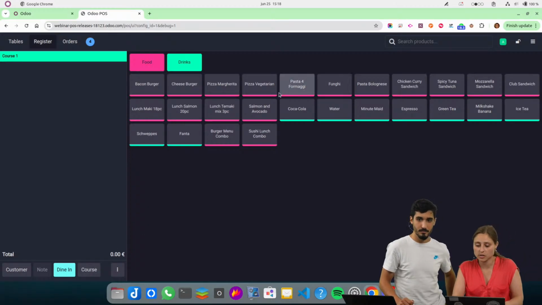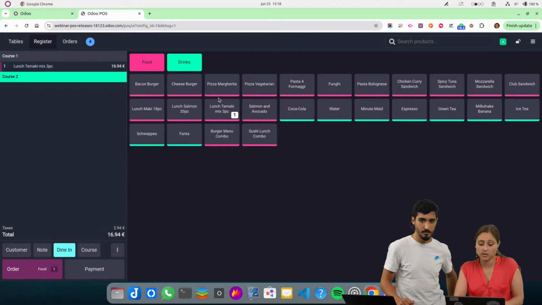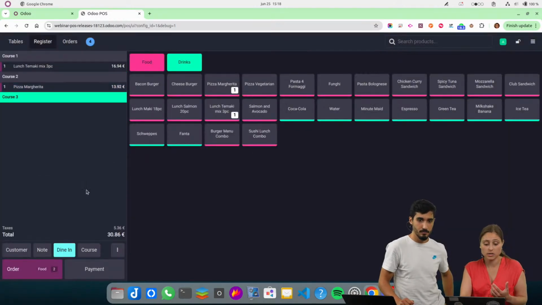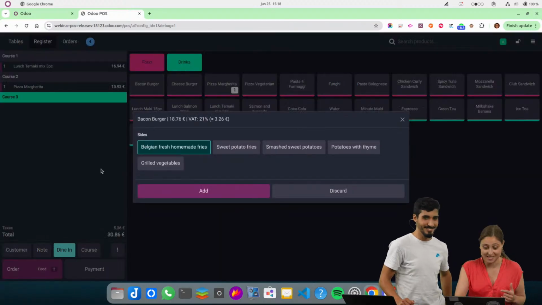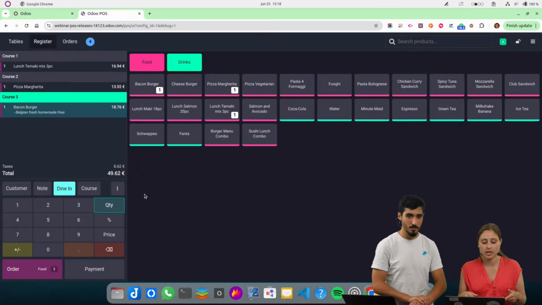So here, let's start with a lunch temaki, and then you can create a second course, and then you could have the pizza margarita, for instance, and a last one. Let's hit again course 3. And we don't have any desserts, but anyway, we can take a bacon burger, let's say. If you're very hungry. Okay, so here you can see we have course 1, course 2, and course 3, and